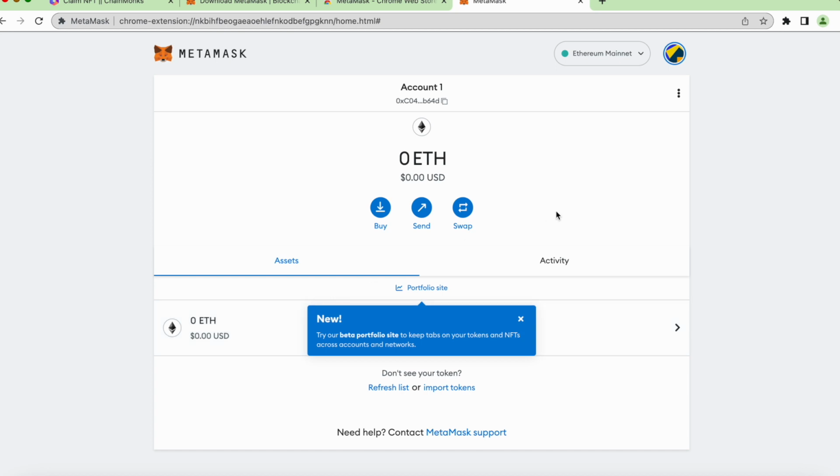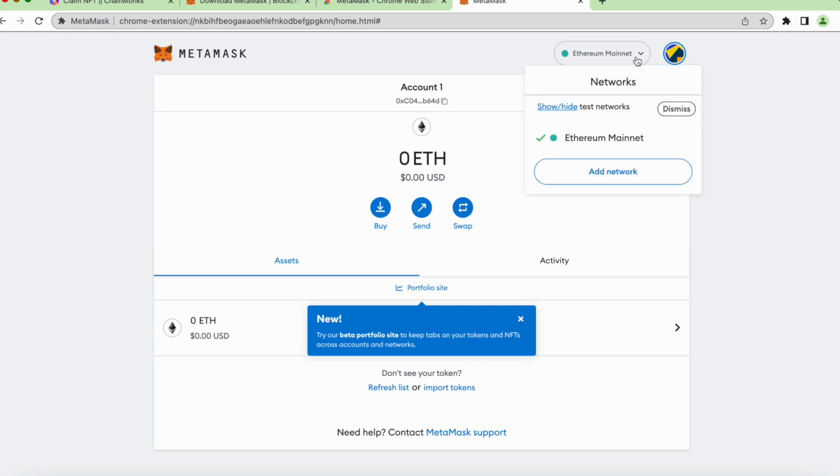So now my wallet is ready. So I'm connected to Ethereum mainnet, and this is how the wallet is connected. Now